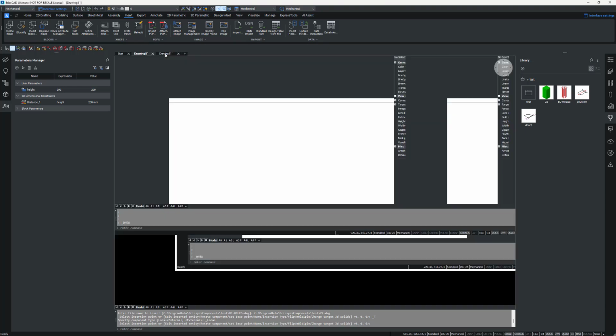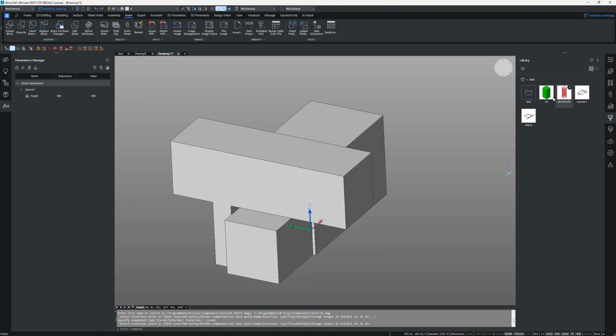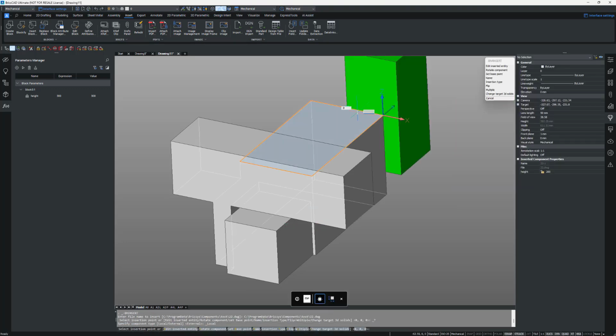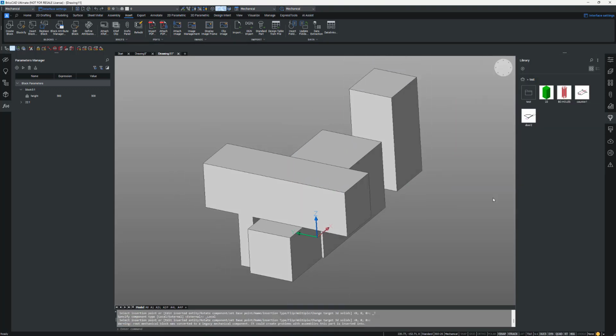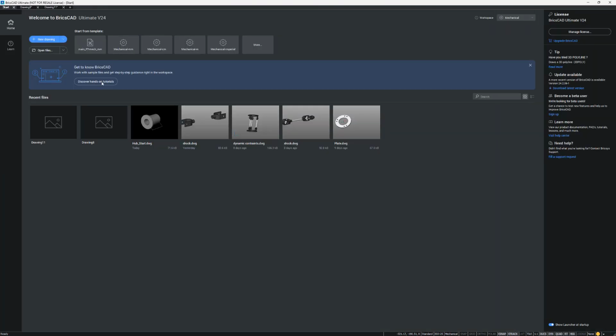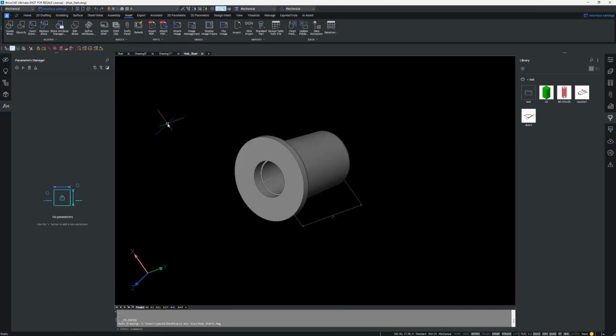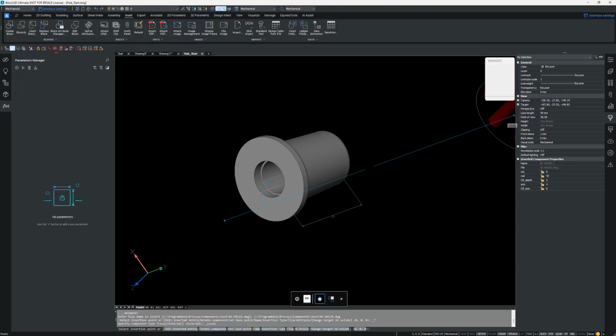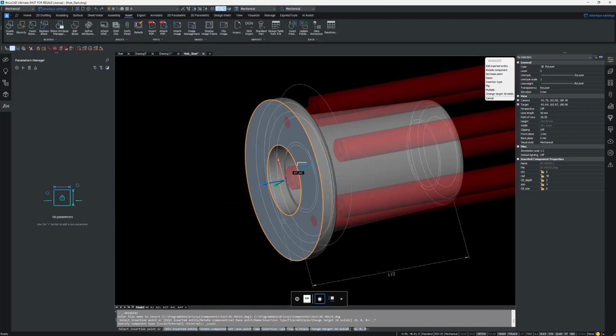Exactly the same behavior if I come back to my main drawing, and rather than inserting the block, I can insert from the library, place my part in the assembly or the component, and then it's brought through those same parameters. So just to show how far you can go with this now and how it can make life a lot easier, we're just going to come back to our start area, and I'm just going to open a drawing I've already got. So we're going to open this wheel hub from another assembly, and all I have to do is come to my library and say I want to insert. We can drag and drop or just click, and then we can place this into our model